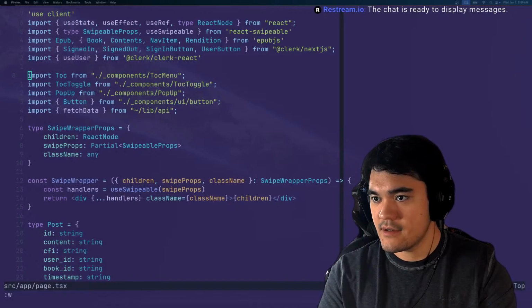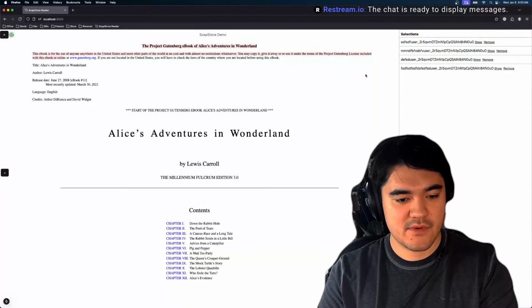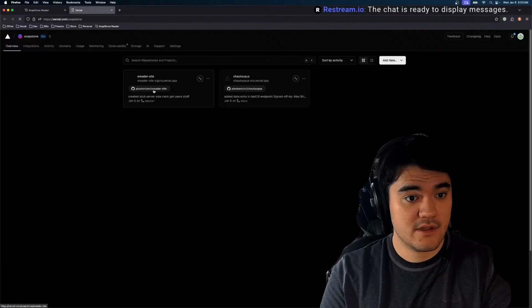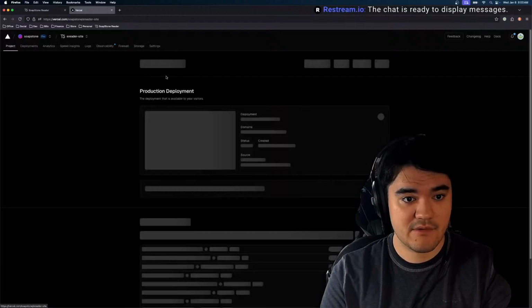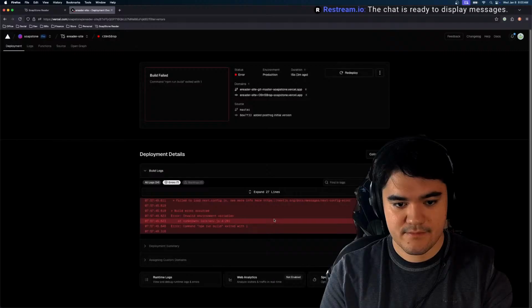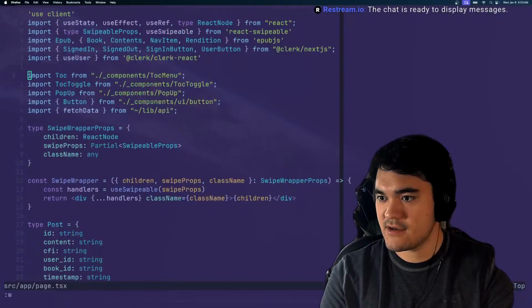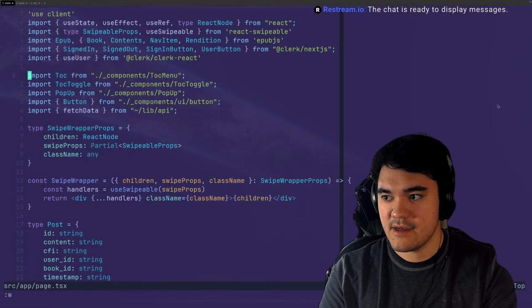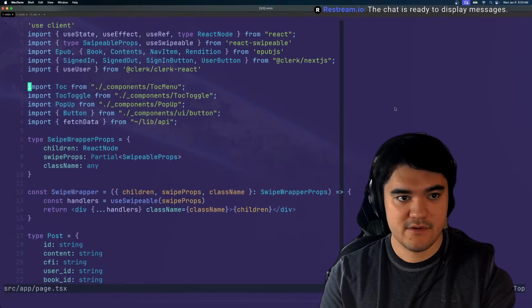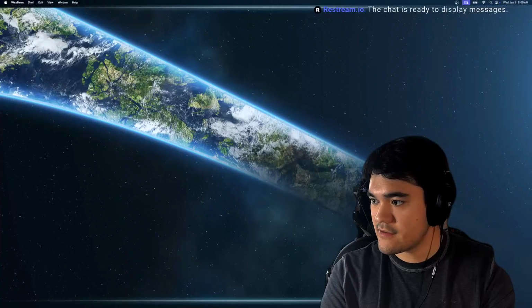Uh-oh. My thing failed deployment. That's probably because I changed and added a bunch of environment variables, I would imagine. Yeah, exactly. All right, so give me a sec to go resolve that. Which means I'm going to have to leave you with a blank screen for now again.